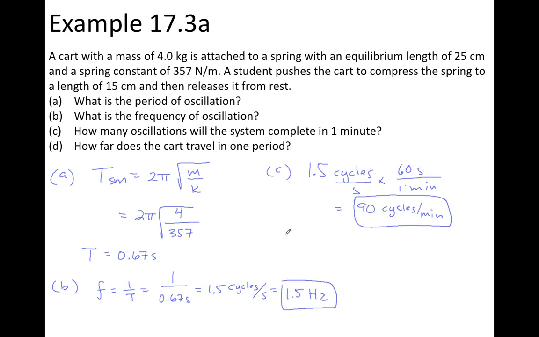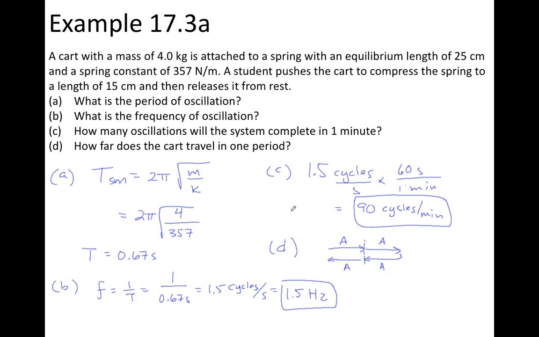And then last, we're going to look at how far the cart travels in 1 period. If we think about it starting from the compression, it's going to move a distance A, the amplitude, to its equilibrium position. It continues for another A till it hits the end point, where it turns around and moves back to its equilibrium position, moving a distance A,